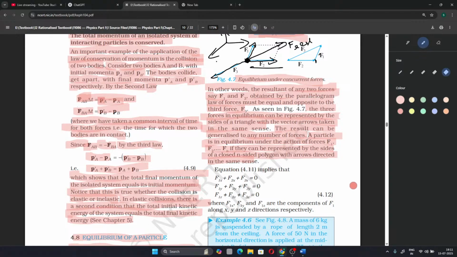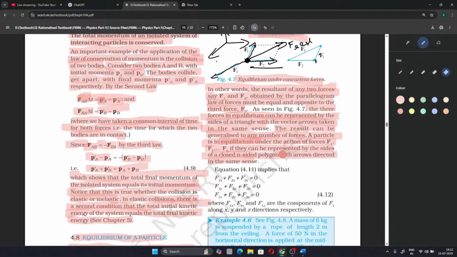Basically, they're saying what I said here: if any number of forces can form a closed polygon in order, where the head of the first force is attached to the tail of the next, I'm talking about the vectors here, where the head is always linked to the tail, then the total force on the body forming a closed polygon is zero, and in such a case the body is in